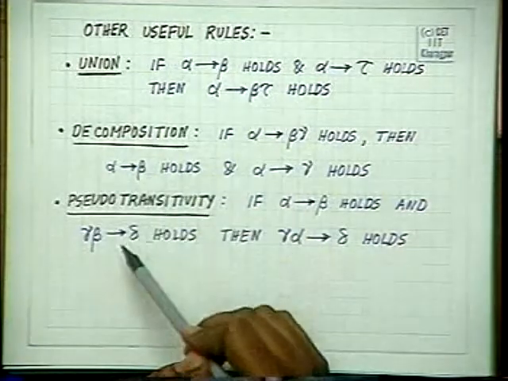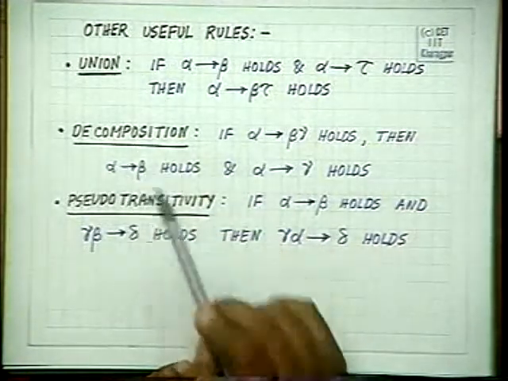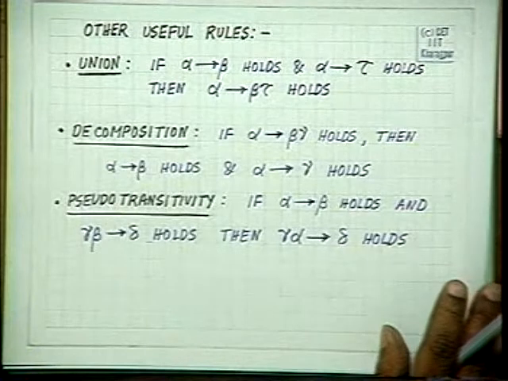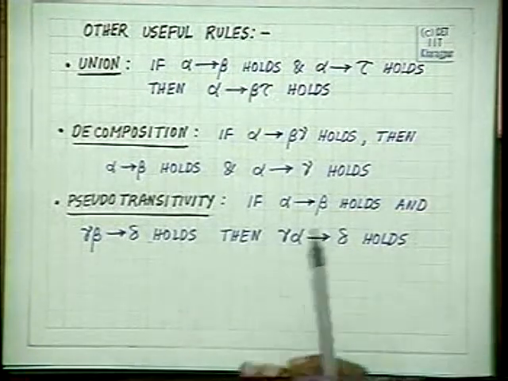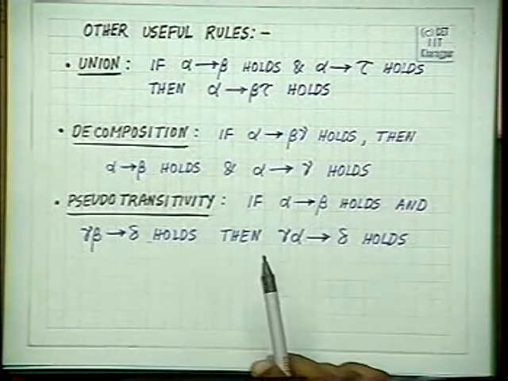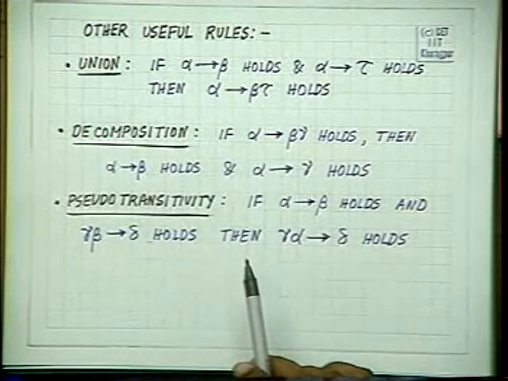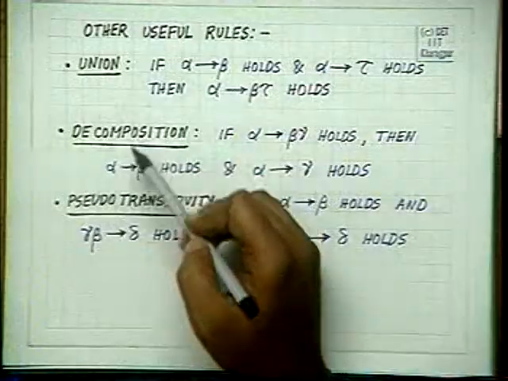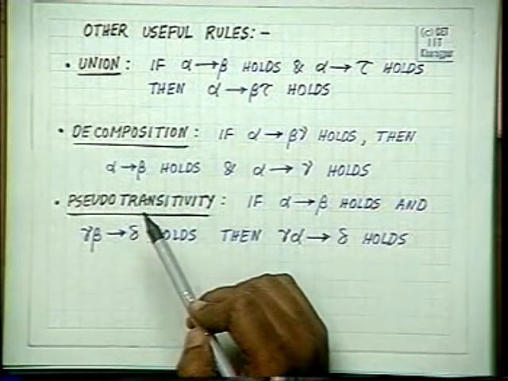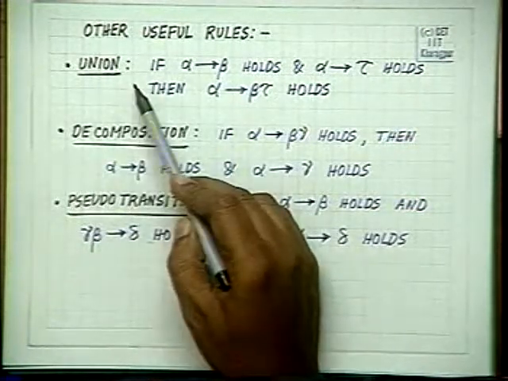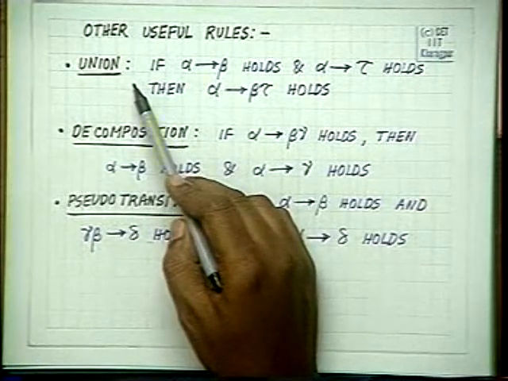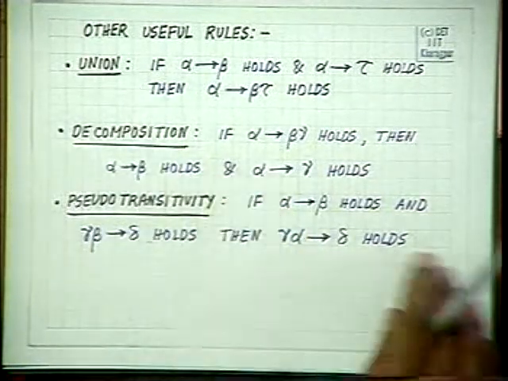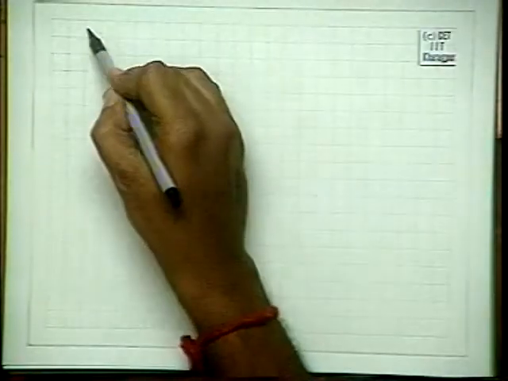So, there are three rules: union, decomposition and pseudo-transitivity, which can be used to derive some newer functional dependencies, possibly faster than using the standard three axioms of Armstrong. But these three rules are not independent in the sense that they can be derived using Armstrong's axioms themselves. For example, let us see the union rule. The union rule says